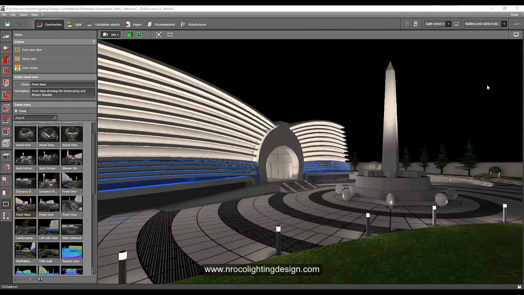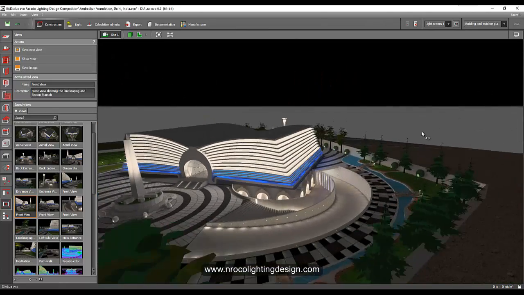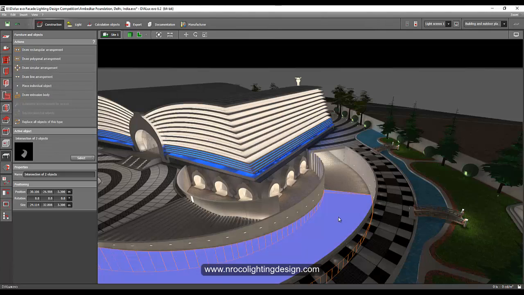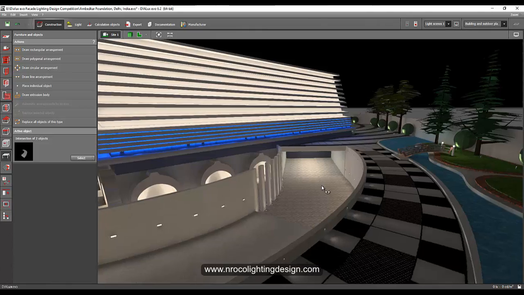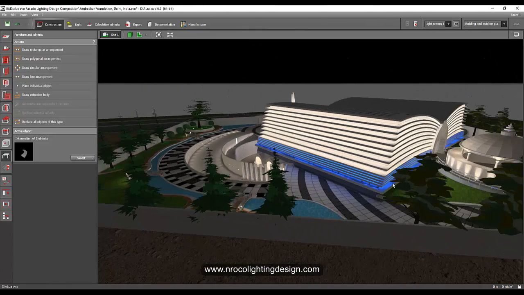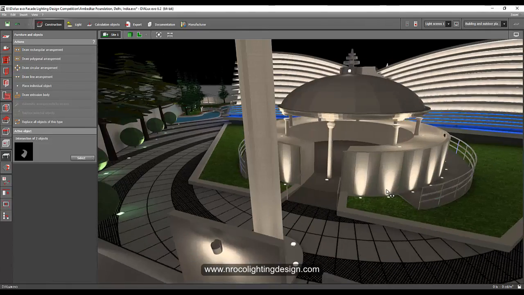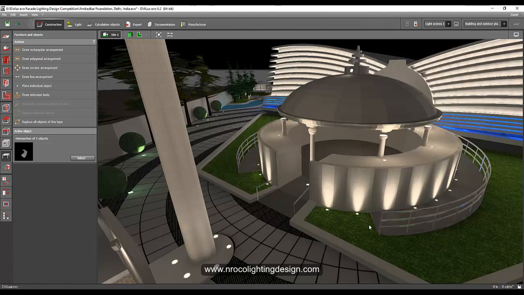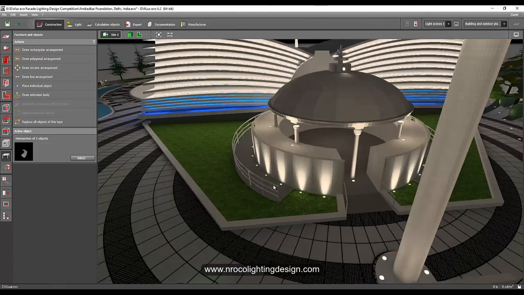Actually, I've created two kinds of ramp in this project. One is for this driveway going to the underground or basement, and the other one is to this side, which is a ramp for the people. Well, this is wrong because you cannot jump the wheelchair here. I just follow the design.